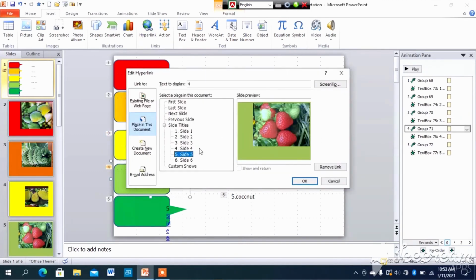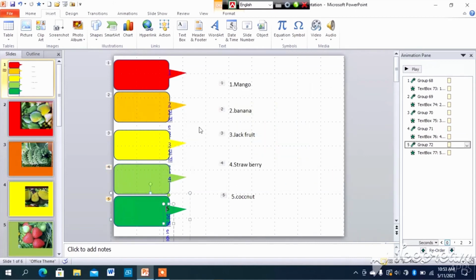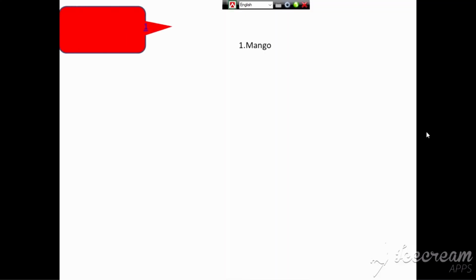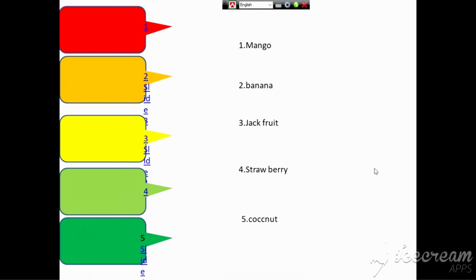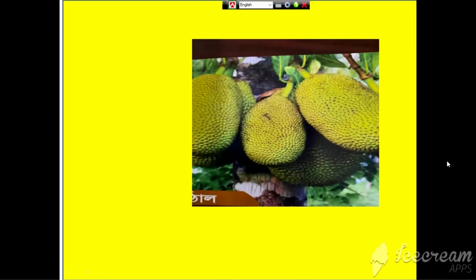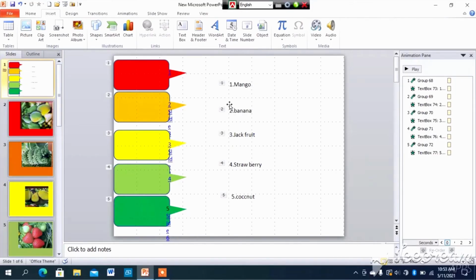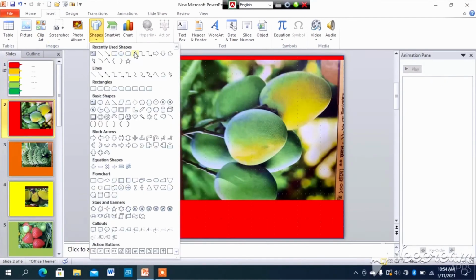Each of the five slides should be hyperlinked with their numbers. After the hyperlink of the 5 slides, the display is this type.